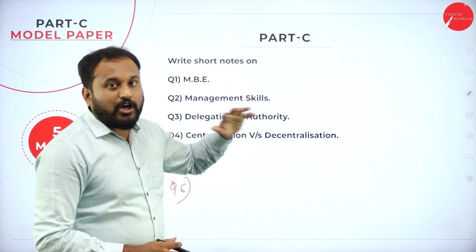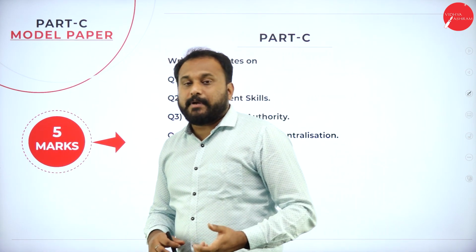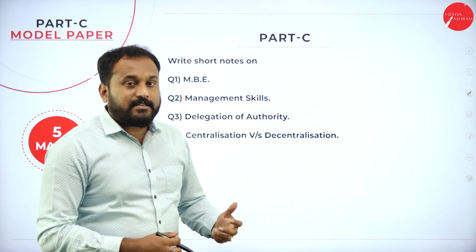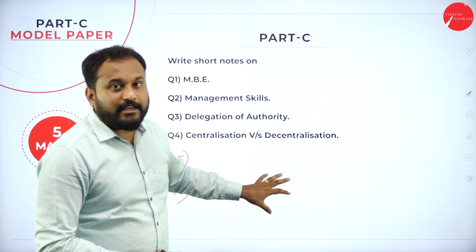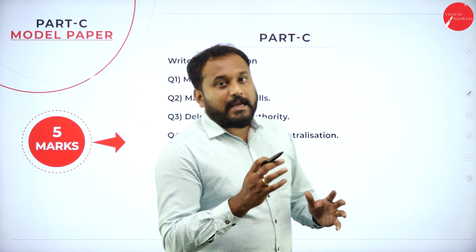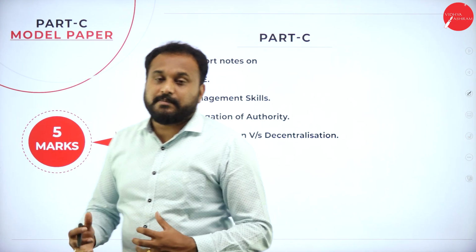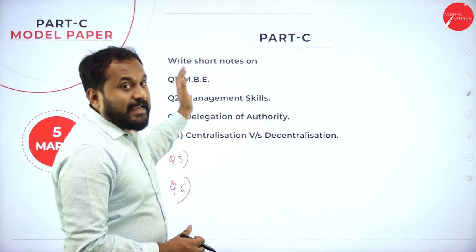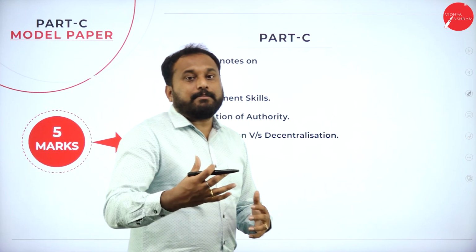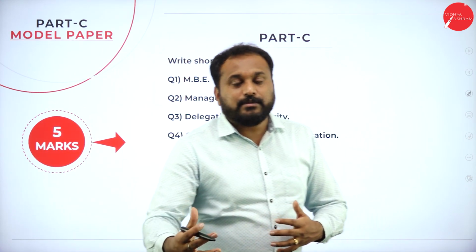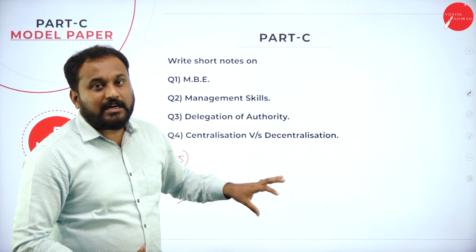Say there is a topic called controlling. In controlling, there is a topic where you are supposed to write the techniques of controlling. One of the techniques of controlling they can give you. Say MBO, that is management by objective. Then MIS, management information system. MBE, management by exception. Like that you have so many other things they can give you. TQM, total quality management, they can actually give it to you. JIT, just in time, they can give it to you. So these are the questions which you are supposed to understand.